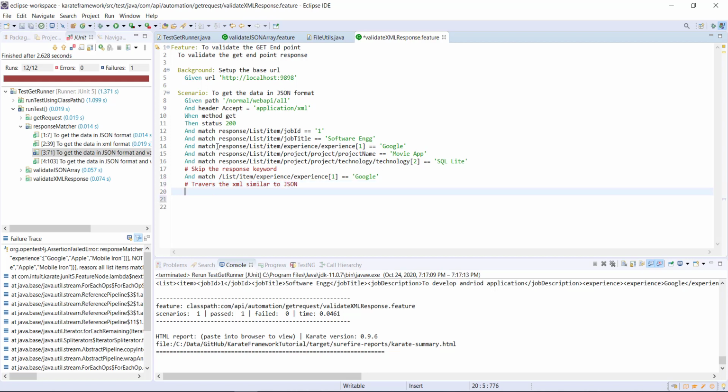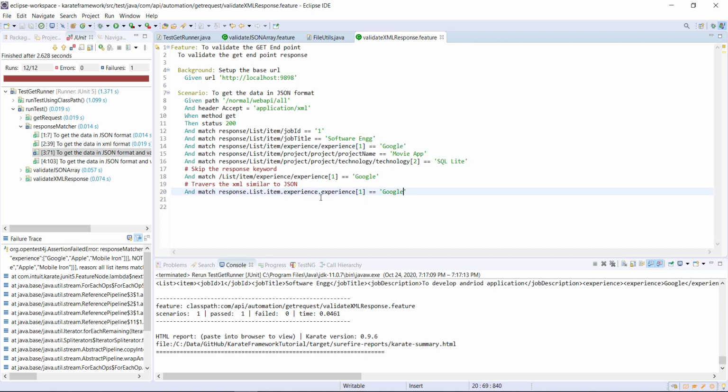So I can rewrite this expression using the dot operator. All the forward slashes will change to dot operator. And this expression should be equal to this value.